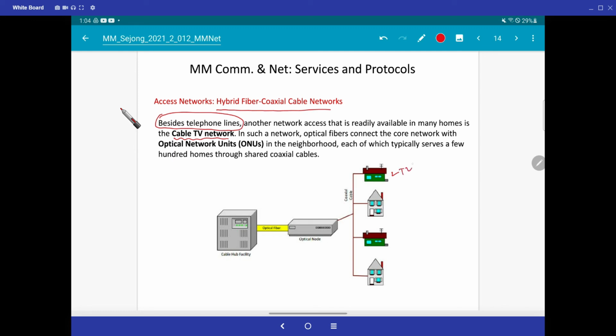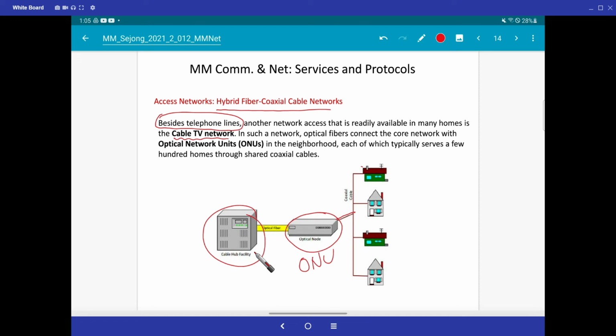That means they have some TV, that kind of thing. So they were connected through this coaxial cable. Now the design came up with, okay, we can use this coaxial cable for internet services. So maybe for every 100 or 200 homes, we place something we call an optical network unit. This is placed somewhere in our neighborhood. So this coaxial cable is connected to these networks, and this ONU is connected to the ISP, the main internet provider or core network,